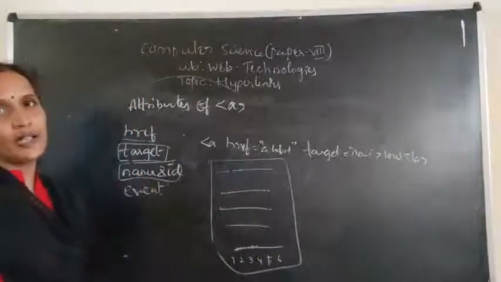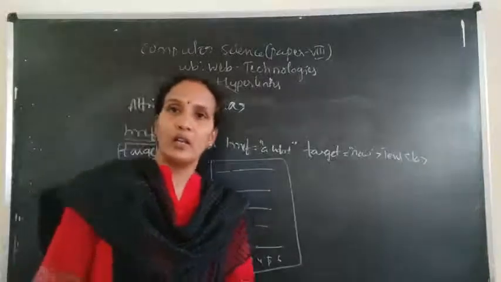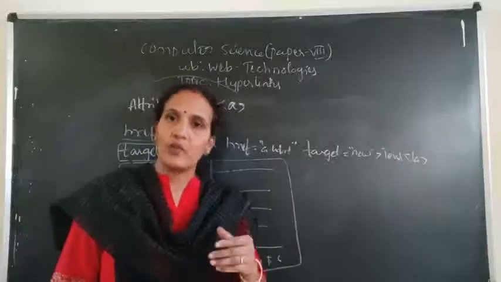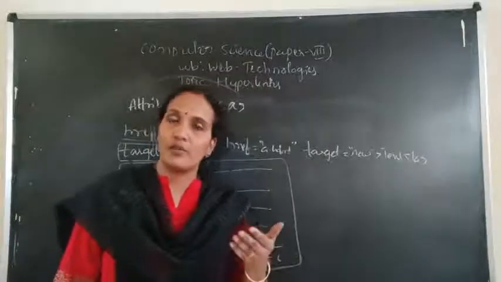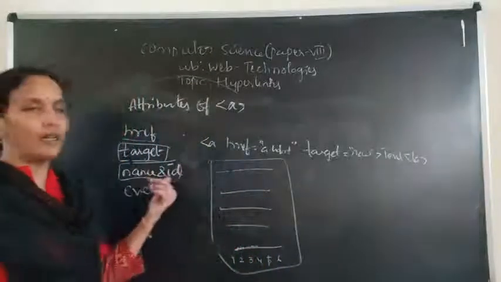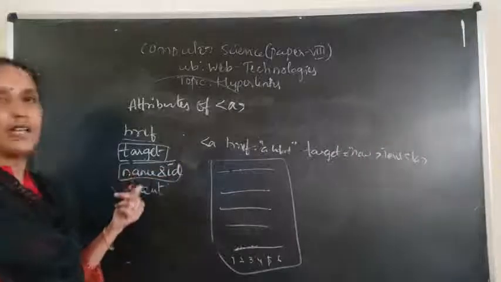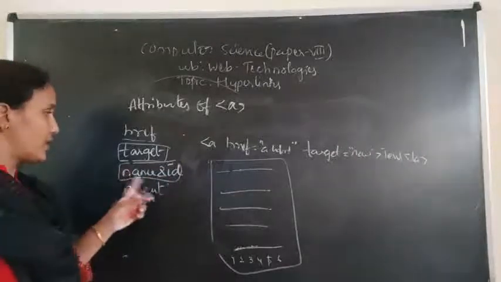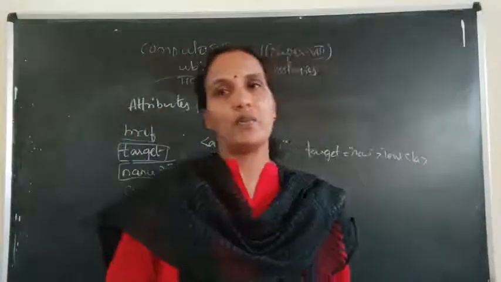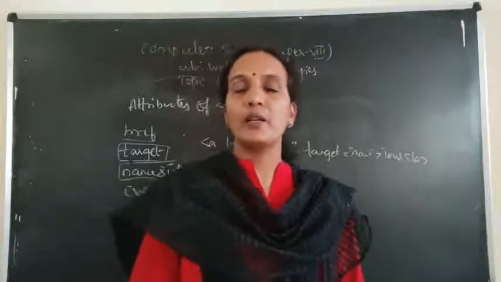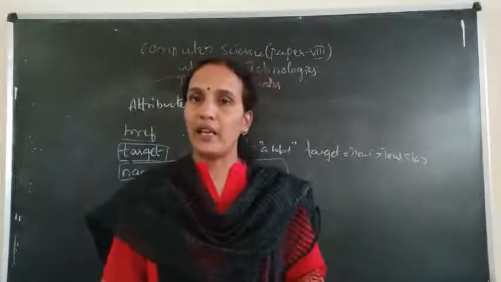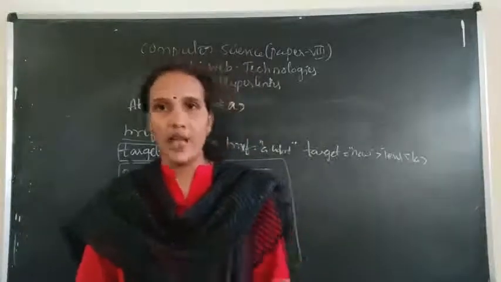The next one is name and ID. Name and ID are used when the user wants to create links within one page, meaning the user wants to move from one section to another section. If the user wants to provide internal links, then the name and ID attributes are used. Using the name and ID attributes, you can give a name to a particular section. Next, events are not exactly attributes of the anchor tag. Events are nothing but a particular action. When the user performs any action, at that time also the link can be activated.